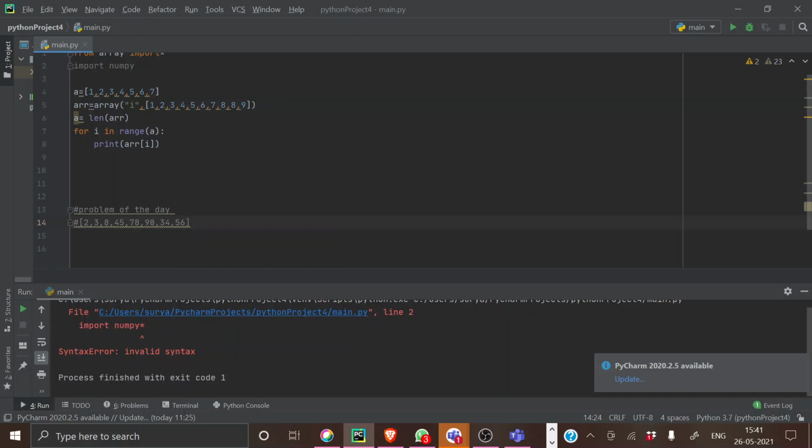For example, if you take this list, which two elements will have the highest product? If we take 2 and 3, it will become 6, 2 and 8, it is 16, 2 and 45, it's 90. So you know how this works. If you just look at it, you'll know that 90 and 78, obviously this pair should give the highest value of product, right? These two elements should do that, right? I mean, you got my statement, what I'm trying to say. If you have any doubt, you can just ask me again.